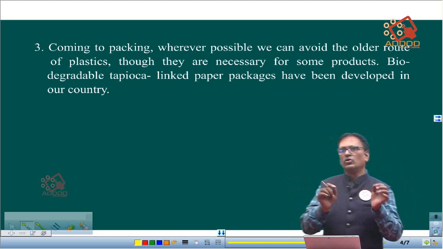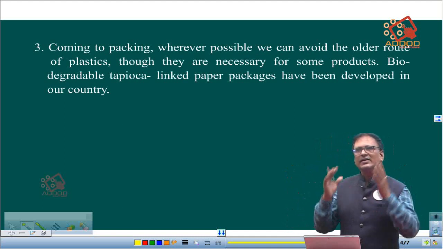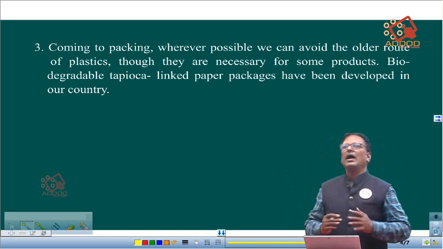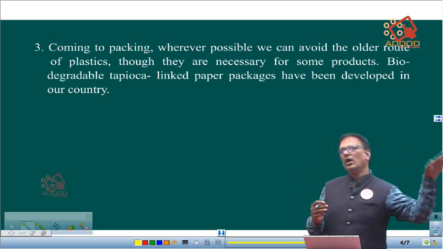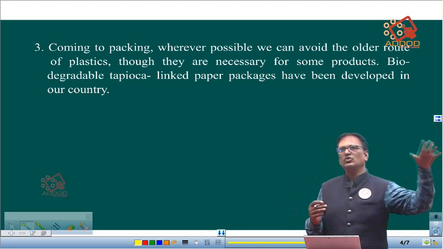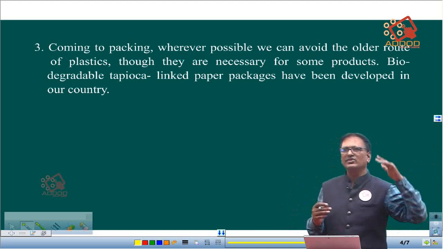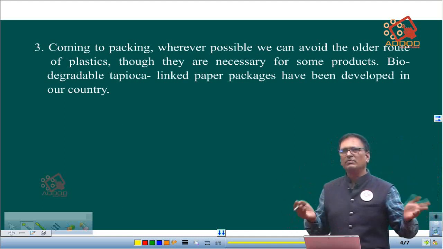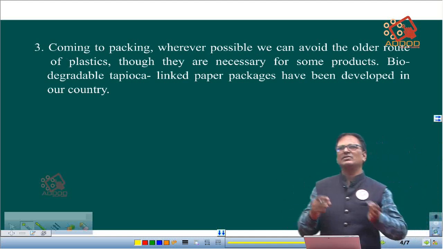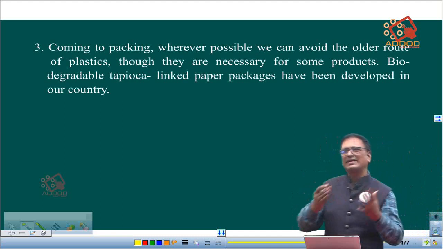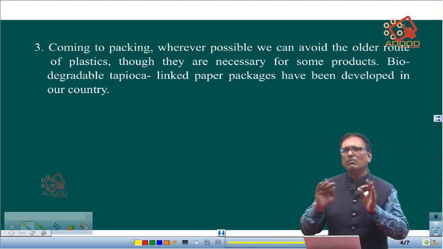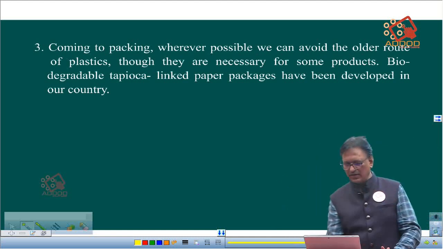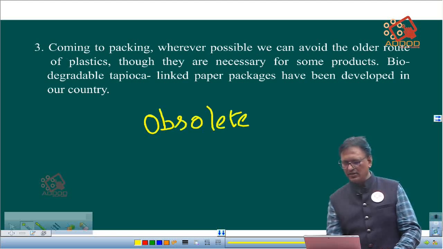Avoiding the older route of plastics means that the writer is telling us something new, and for adopting something new, he is also first telling us to avoid the past, something which is not possible to exist today. Maybe we face problems because of what was there in the past as a practice. So what past practices you are keeping pending, they should become obsolete. What should they become? Obsolete. I am writing here the word, if you remember and write it, it is very good.